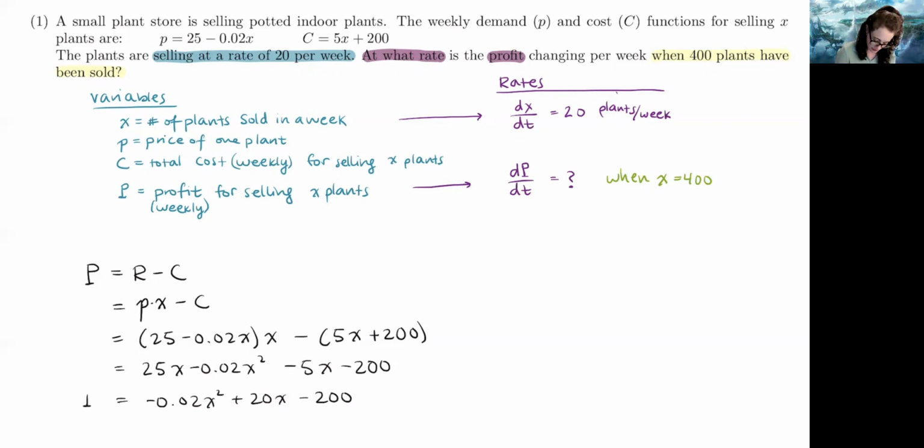Okay, so we have an equation that relates the quantities that we're talking about, right? We've got X involved here, we're talking about profit. So here's the equation that relates our variables. Now what we want to do is differentiate this with respect to time t so that we can get a formula that relates the rates of change of the profit and X. And that's good because that's what we're working with over here, right? So if we differentiate with respect to time,